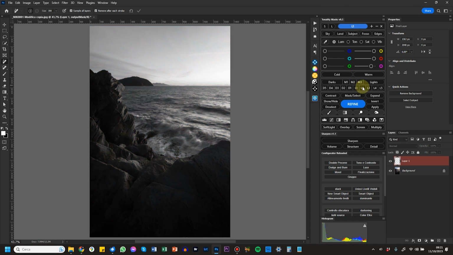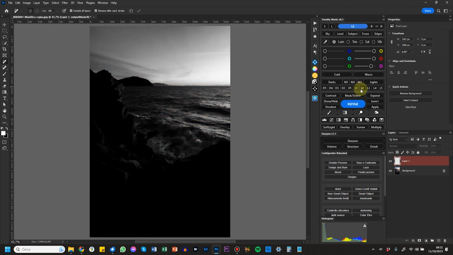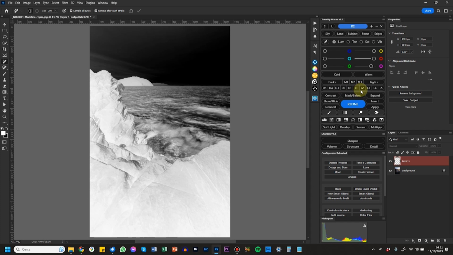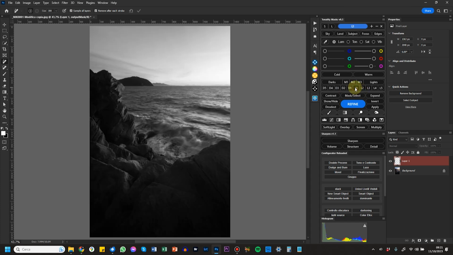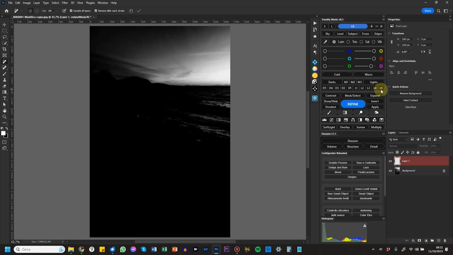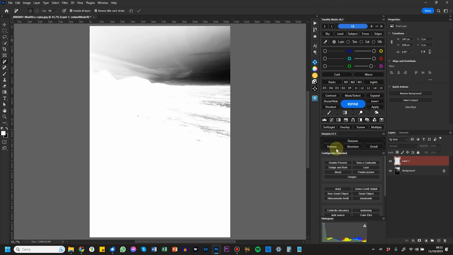Let's go back now to some other button here. Light 1 mask, for example, Light 2 mask, for example, here. I can invert this mask, which is not, of course, the same as a Dark 2 mask. It's very different. Well, a Light 1, if I invert it, of course, is the same as a Dark 1 mask, but then it's totally different. If I press, for example, Light 5 and I invert it, I have a good mask of everything in the photo except the brightest lights of the image. So that's very different, of course, than a Dark 5.